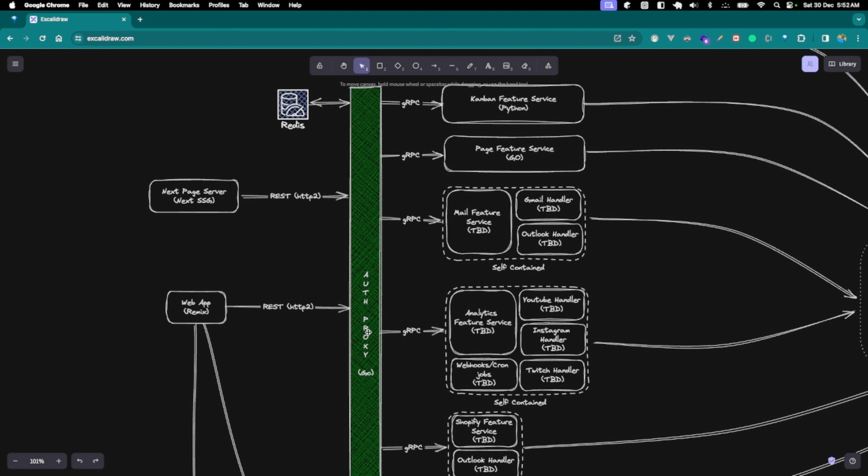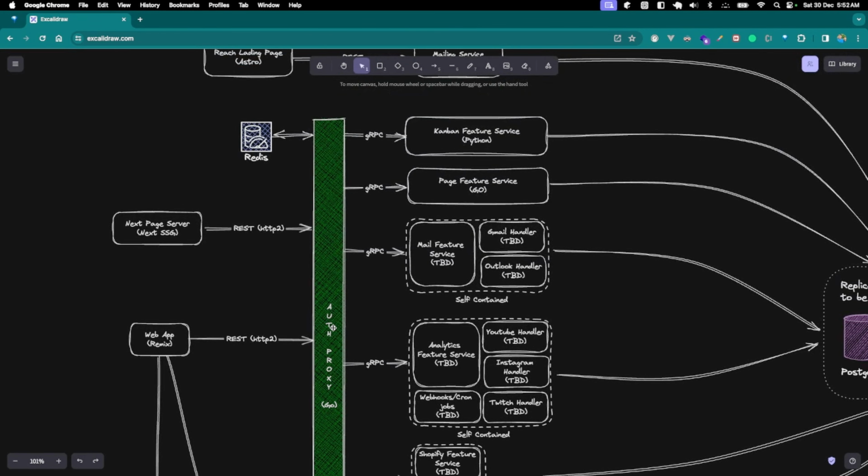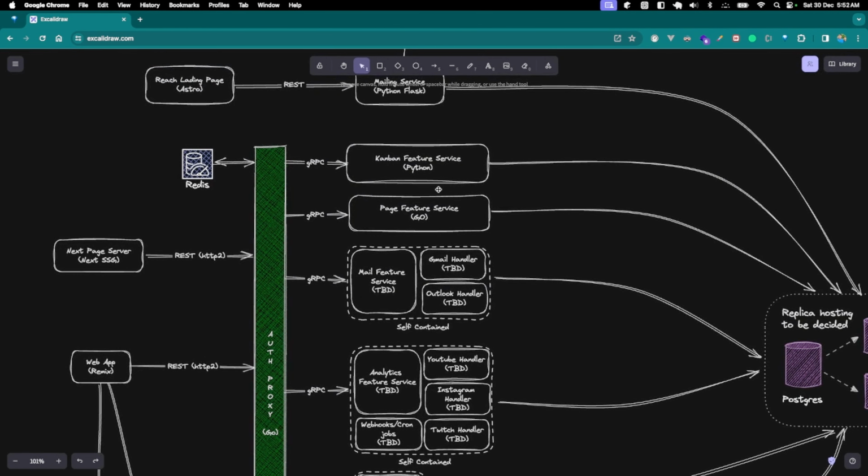Gin to be more exact, the HTTP framework Gin. It is very performant, and on my local setup, I'm able to get responses in sub 10 milliseconds, even microseconds in some cases when the cache hits. Otherwise, even in my development setup that is hosted on Railway, I get double digit microsecond responses, which is pretty great. So that talks to this auth proxy, and this auth proxy uses gRPC to talk to all